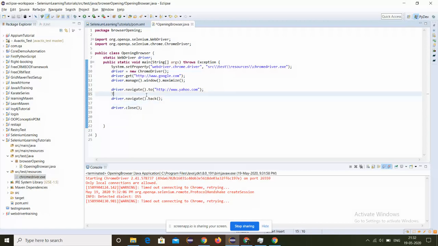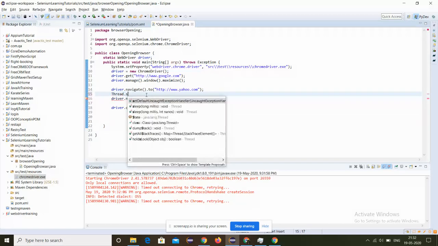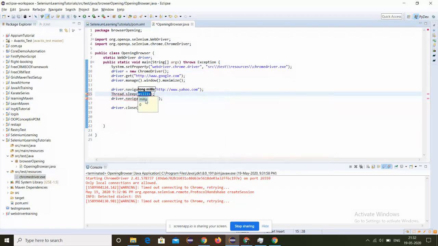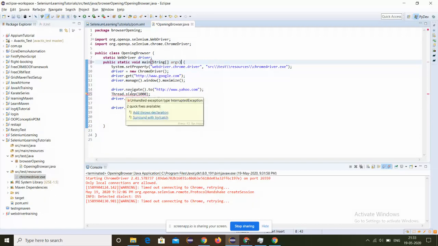If we want to make it visible, we can wait for some time. We can provide a static wait, which is not preferable and not a good technique, but yes, we can provide it. Whenever we use Thread.sleep, it shows an unhandled exception, so we need to provide exception handling.